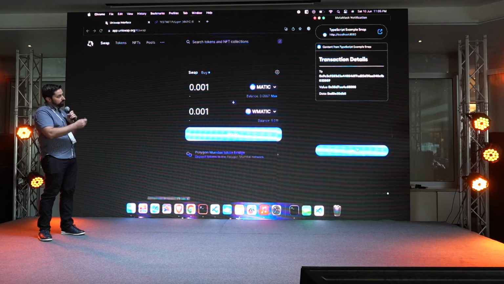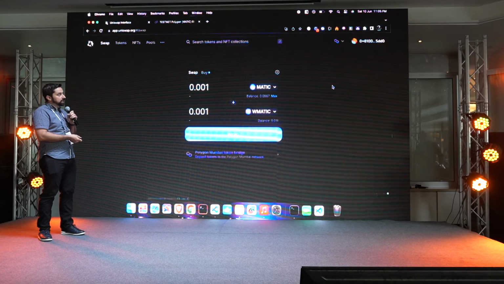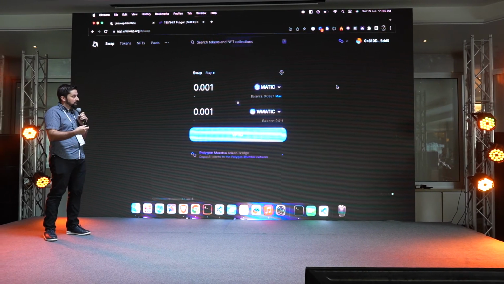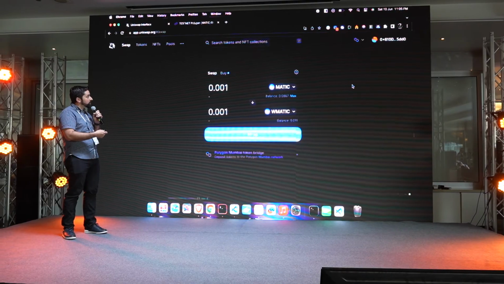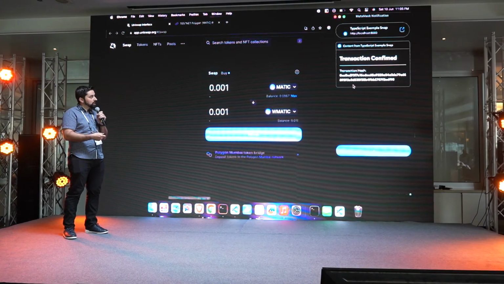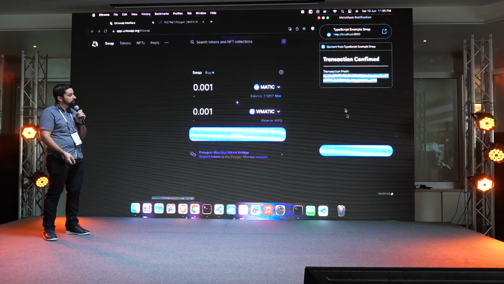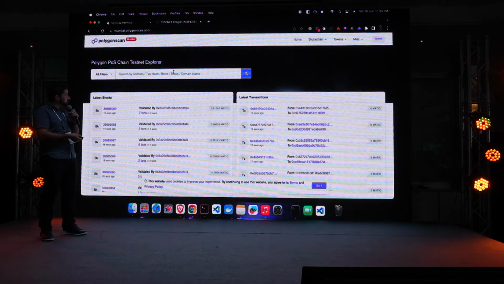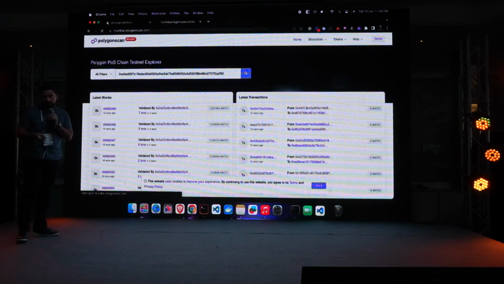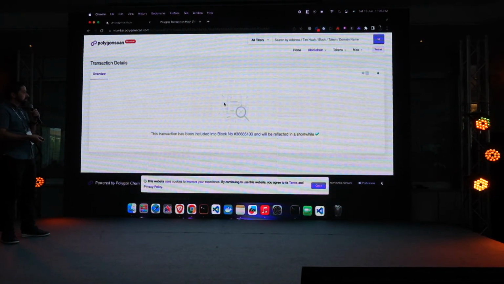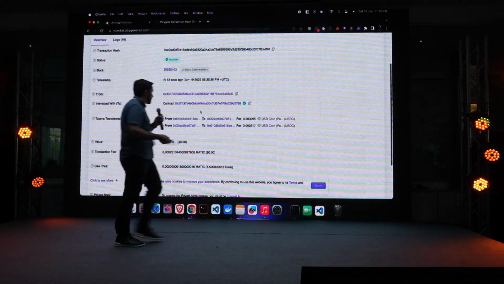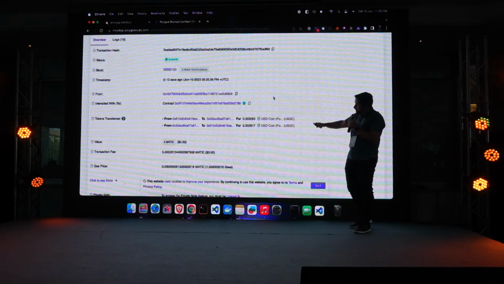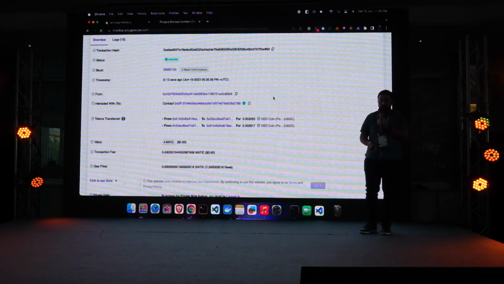This is, again, another pop-up coming from a snap, showing the transaction details. This user is just wrapping Matic into wrapped Matic, so it's a very simple contract interaction. And then they're going to show in a moment the result, so this is the transaction confirmed. They're going to take that hash and put it into the block explorer, and you'll see in this case, again, I know it's hard to read, but there's a portion in the middle where it shows that USDC was used to pay the gas, and USDC was transferred from some other account in order to sponsor it.